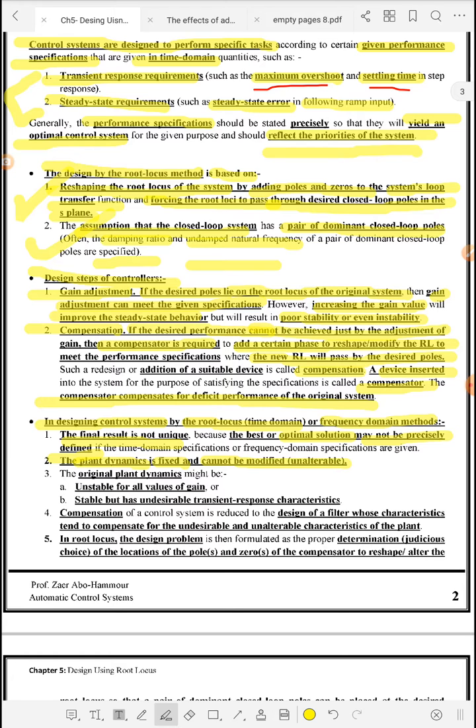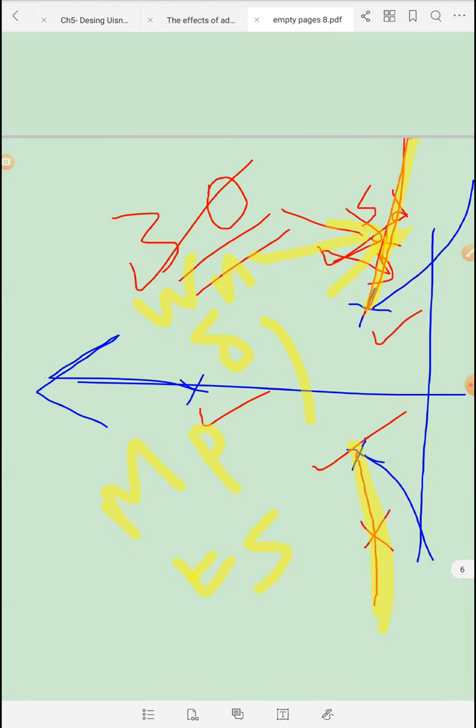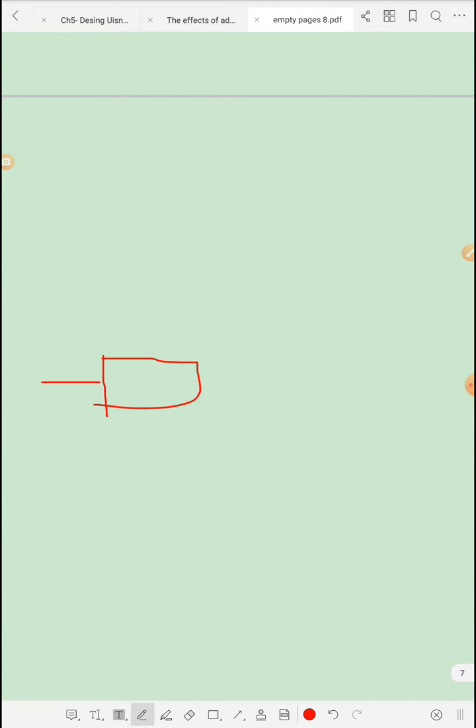And as we know previously, we should add a controller, this is GC, before the existing plant GP. So we should not change anything in the plant, and if we have any desire or will, we should add or introduce this controller,